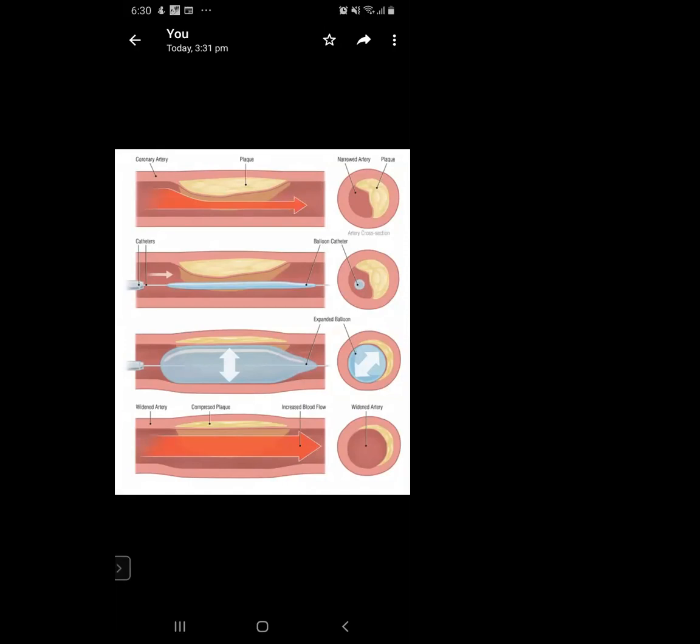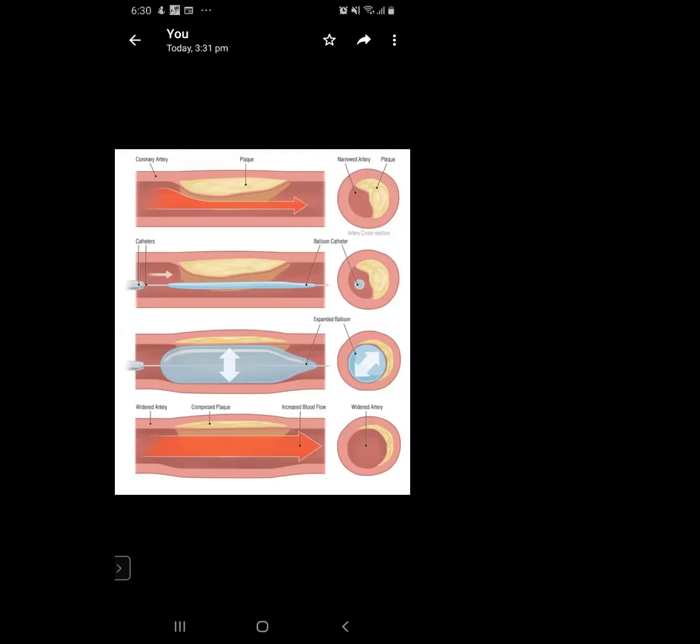Now, a catheter is just this instrument which they are using. A catheter is an instrument which is inserted into the body parts for different purposes. So here we are trying to insert this balloon. Now, this balloon is filled with some sort of fluid. After the catheter is inserted into the problem area, the fluid is inserted into the balloon